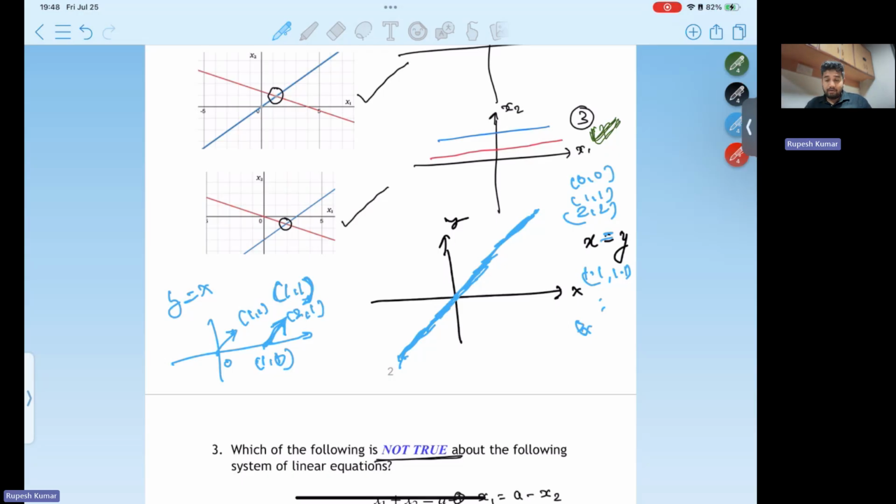Basically, what is the meaning of a vector? The meaning of a vector is the point at the end minus the point at the beginning. The point at the end is (2, 1), the point at the beginning is (1, 0), which is essentially (1, 1). So these two vectors are equivalent. If you translate a vector, it remains the same vector. Fine. So now what space is spanned by this vector? You can always translate this vector to the origin, and then it spans the line y equals x.